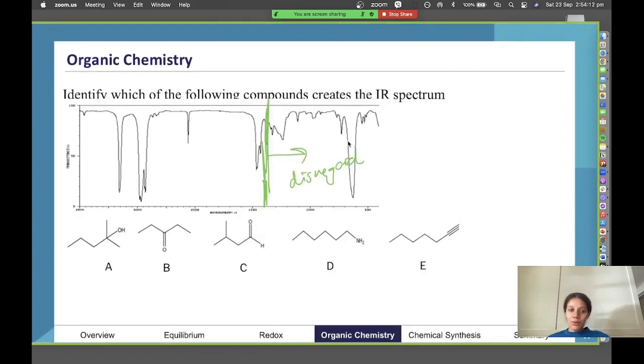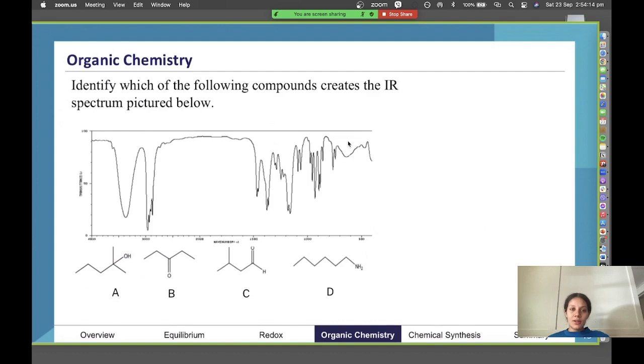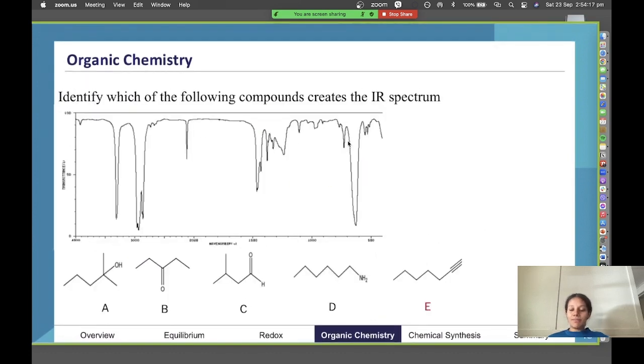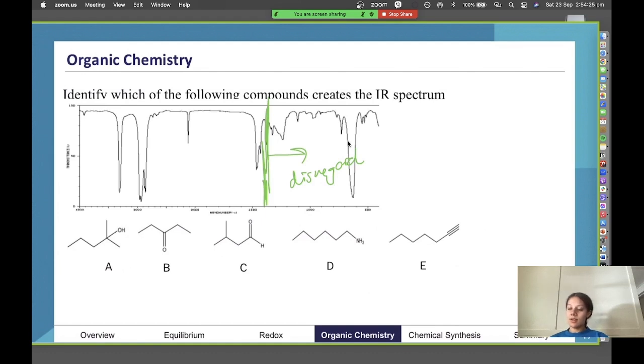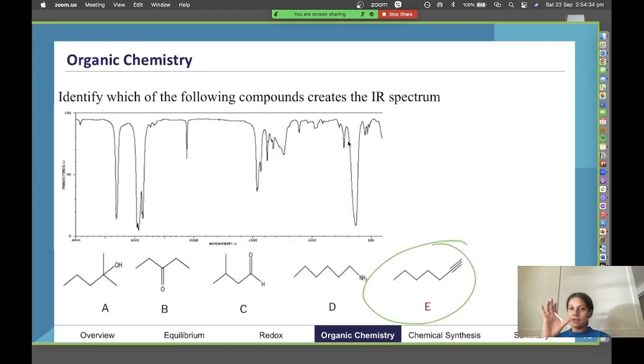So the correct answer for this one is E. And the way we'd look at it is we consider the actual shapes. What peaks have we got formed here after that 1400 region, and correspond that to the table in the data booklet where we have the values for the different wavelengths. So if you have a look at that, we have a triple bond present, and this is the only molecule with a triple bond, and it corresponds to that kind of dip in the wavelength there.